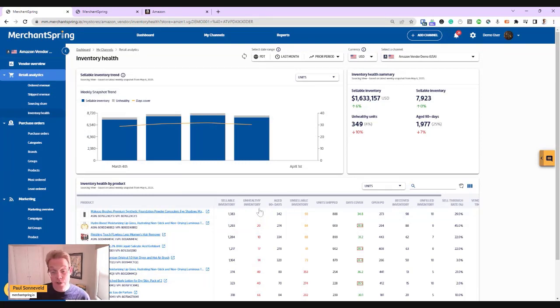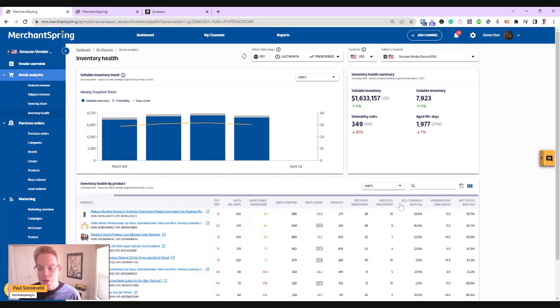For example, is some of that inventory becoming unhealthy or unsellable or starting to age? These are all indicators that something might be amiss and may lead you to take some action to stimulate demand to try and reduce that inventory before it becomes a real issue. There are other metrics here around sell-through rate, fill rate, and vendor lead times. And it, again, provides a great lens into where you can improve your supply chain performance at an ASIN level.